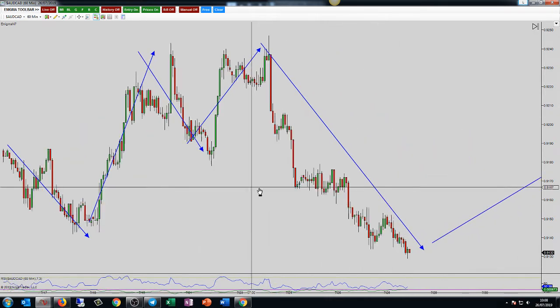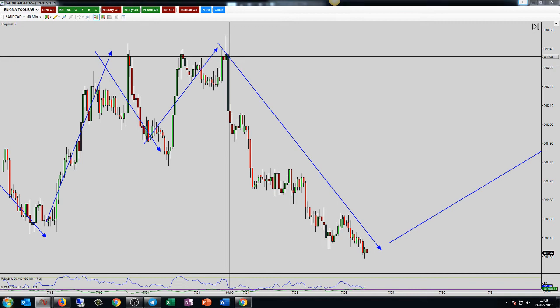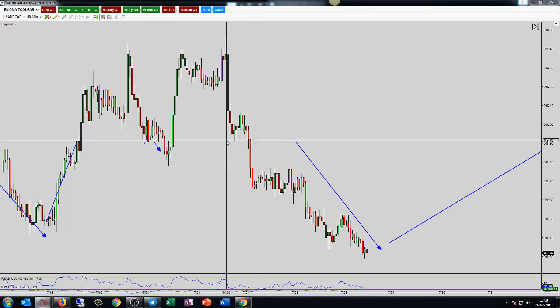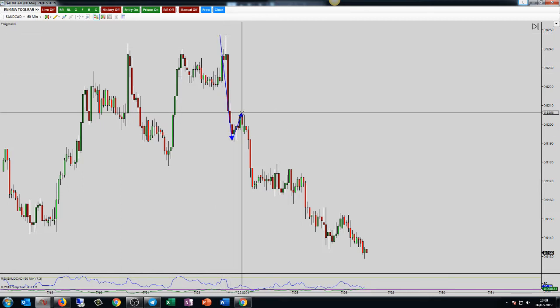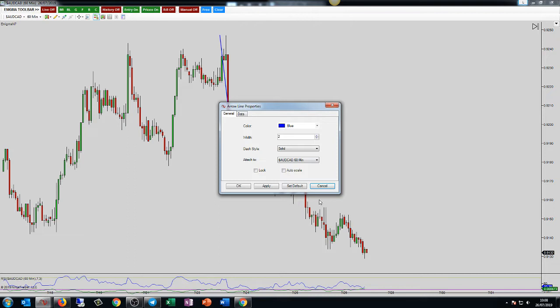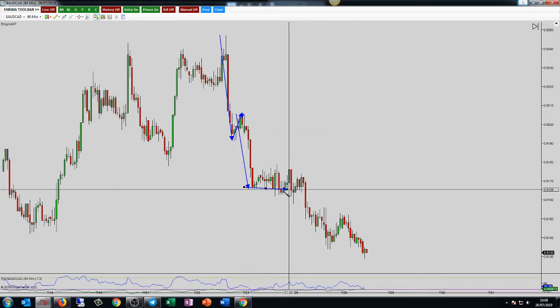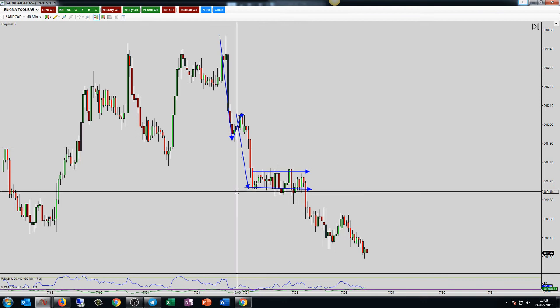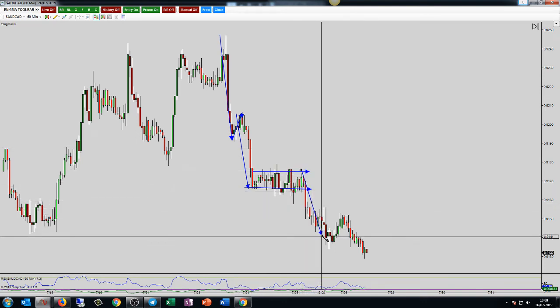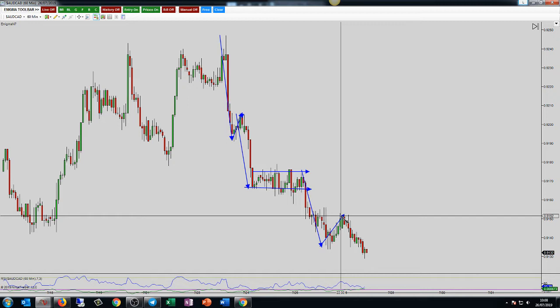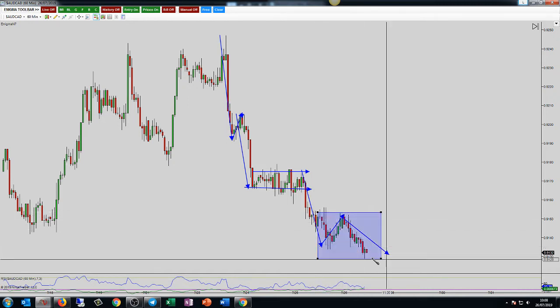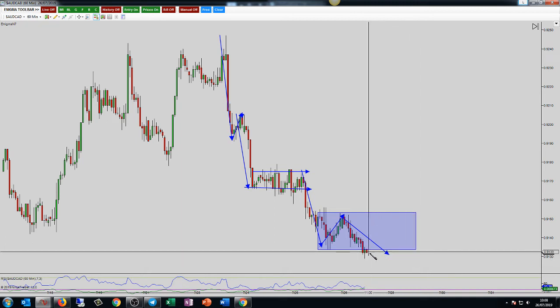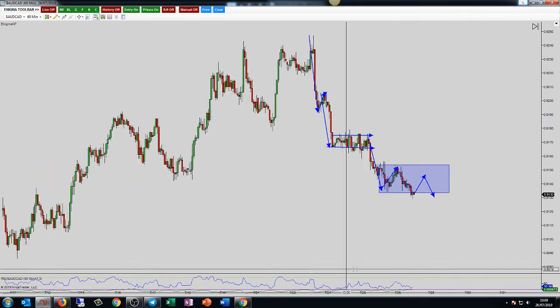Let's go and look at the 60. And the 60, we've just been moving quite directionally here. Let's just delete that. We had from our swing high up here a move lower, a pullback, a move lower, and then we had this breakout pattern. When we see these breakout patterns, it's a sign that we're moving very directionally. Then we've had a move lower, a pullback. Now we've had another move lower just here. So if there is still room to the downside for you, then you can simply look for a pullback and look at shorting the market.